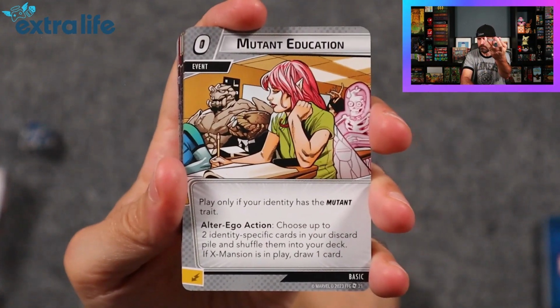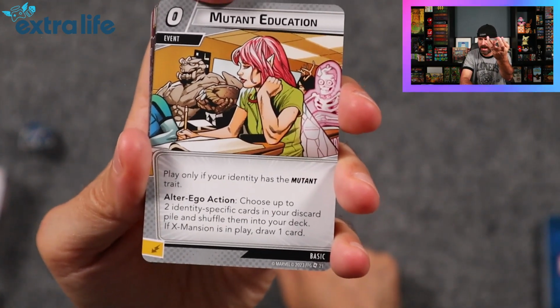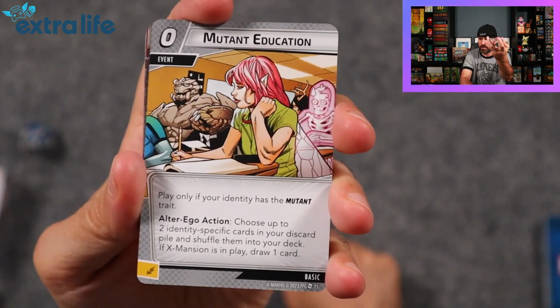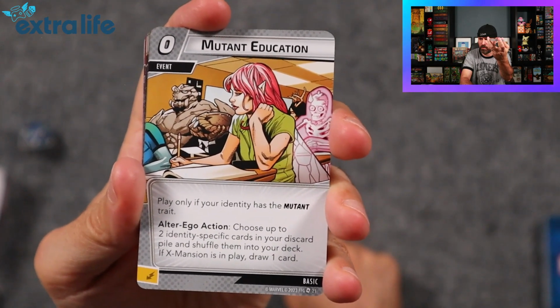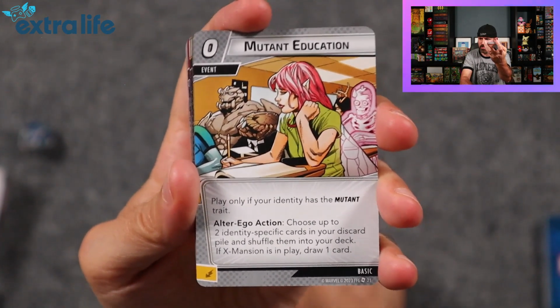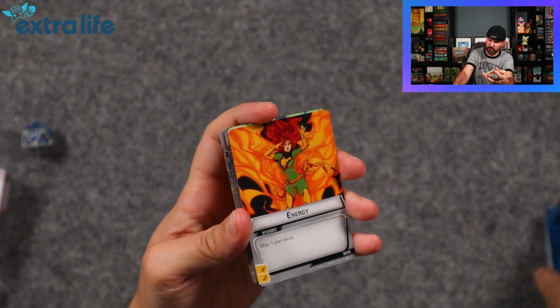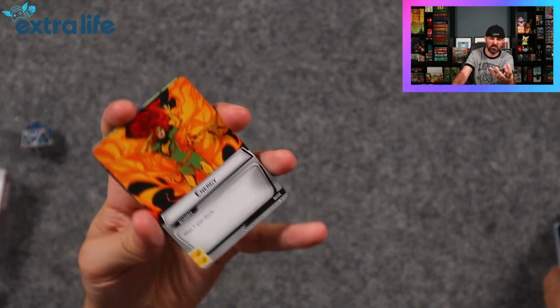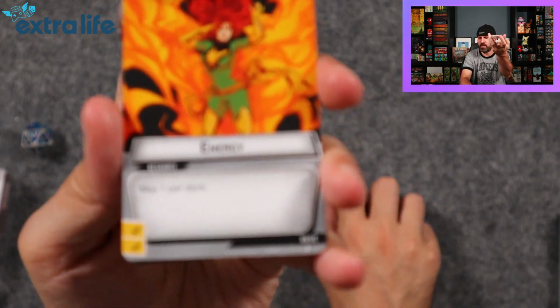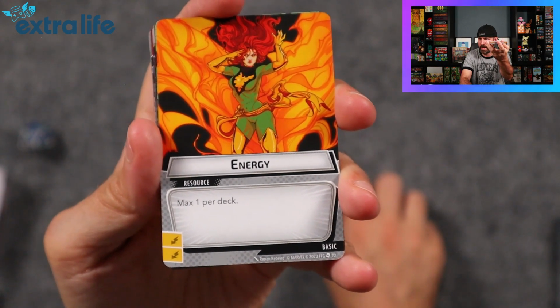Mutant Education. Play only if your identity has the mutant trait. Alter ego action, choose up to 2 identity-specific cards in your discard pile and shuffle them in your deck. If X Mansion is in play, draw a card. So you want to have the mansion out before you start educating kids. That thematically makes sense. So they did change the energy card. This, again, is the first time I'm seeing it, but energy is now